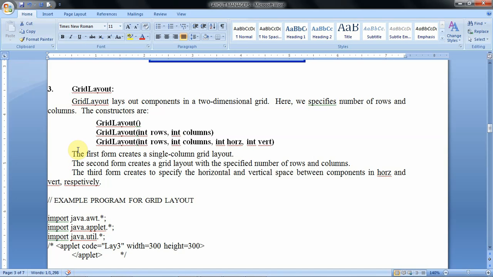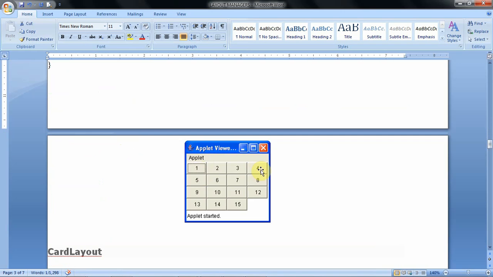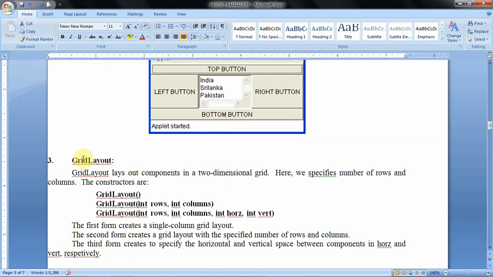That means the window is divided into some collection of equal size rows and then columns like this. So here each cell size is same, all the cells are of same size. So like that the total window is divided like this. Each cell is called as the grid. This one is called grid. So this kind of arrangement is performed by the layout manager called grid layout.